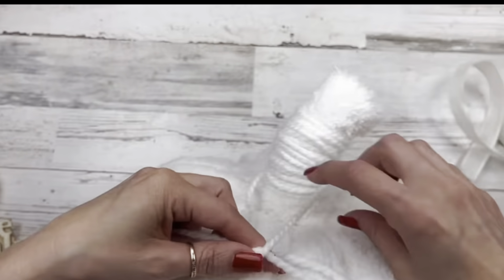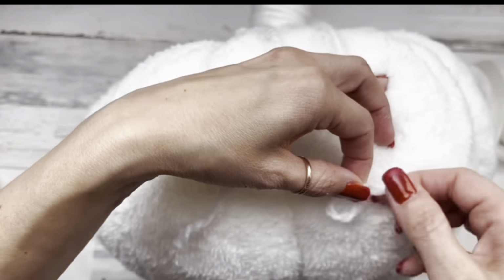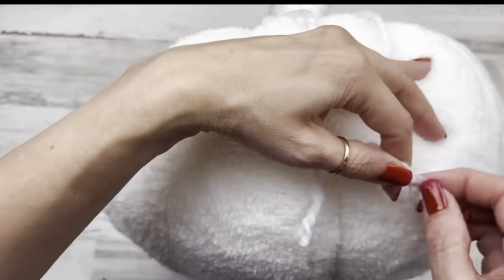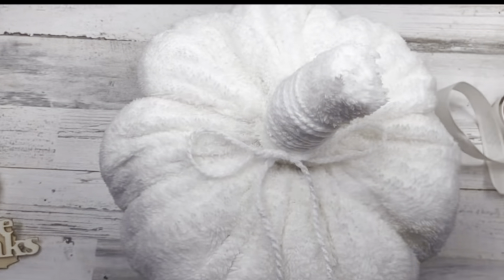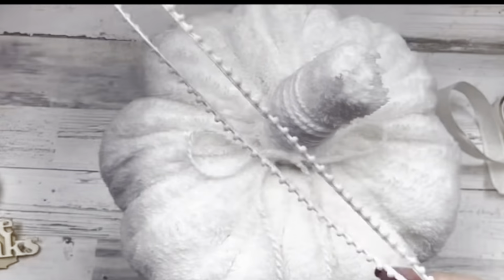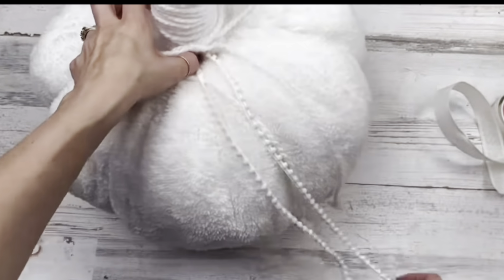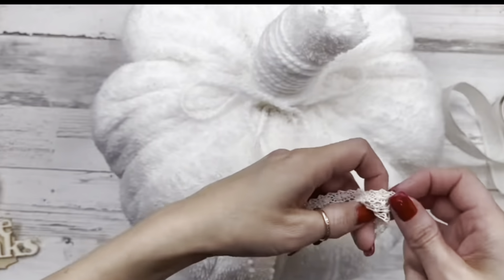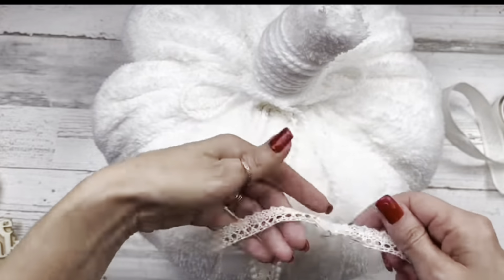And then I'll double wrap a little bit, come down to the bottom and make a bow with nice big loops. Let that hang for a minute. Okay, and I'm going to ravel the ends a little bit, give it a little more texture. All right, now I'm going to come in here, add some more decoration, that pom-pom trim. I'm going to add some of this in right underneath that bow. I'll go ahead and tie it in a knot. I'm going to take this crochet trim and tie it in a knot in the center